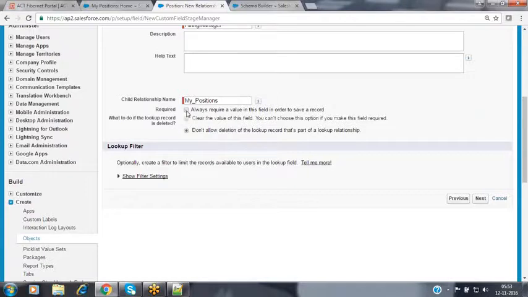I want to roll back, to make it the reverse, like the previous standard one. By default, it selects the option called clear the value of this field. This radio button has been selected here. Now I'm going with the next button. I'm not changing any settings right now. Once we have created the association, we will come back here and see what exactly the functionality of this is. Now go to the next button.